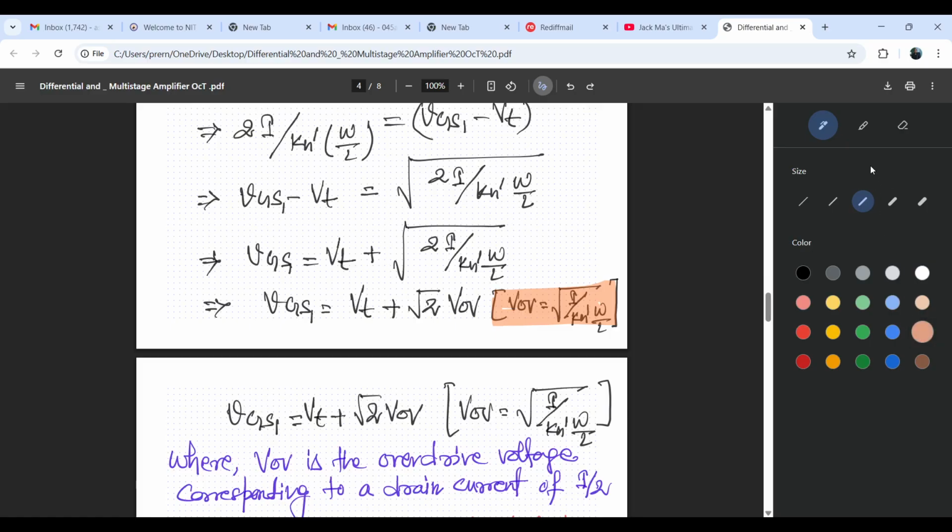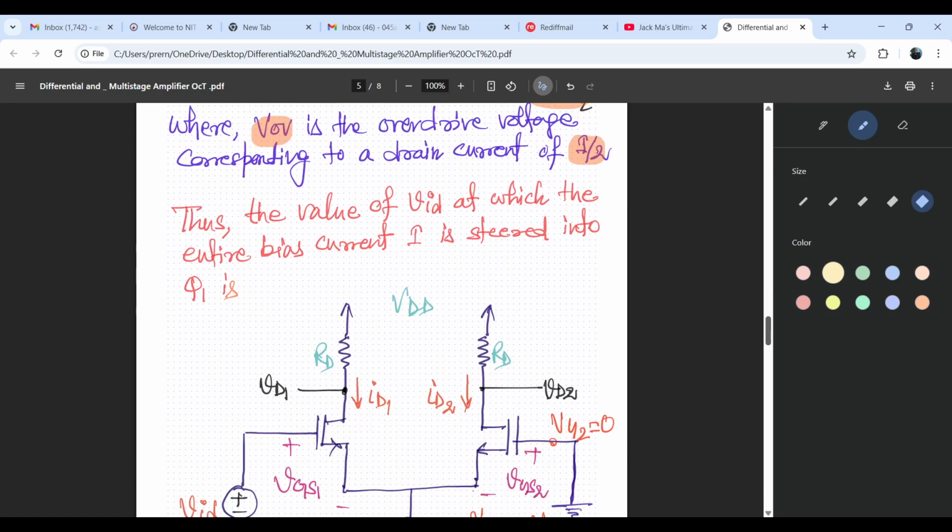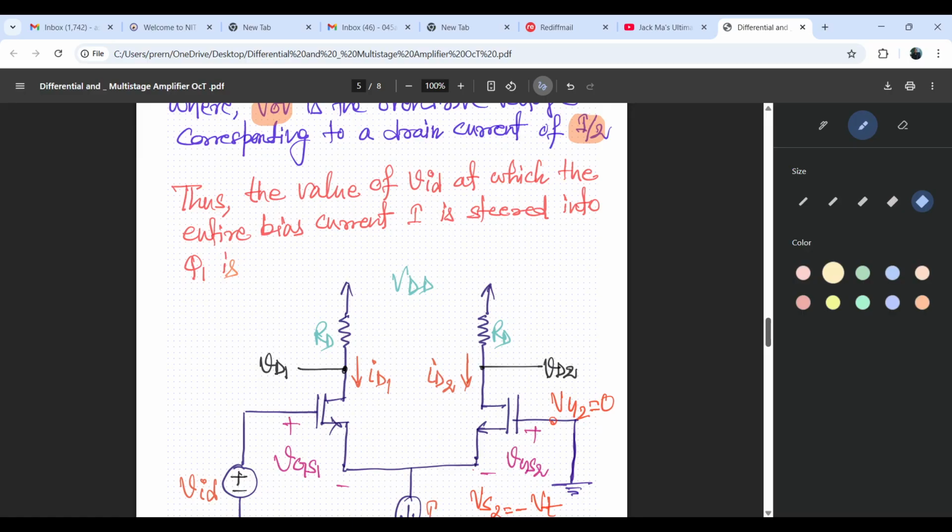It is important to note that for the I by 2 current, the overdrive voltage will be this. So this will be the expression for gate to source voltage: Vt plus root 2 VOV. Now, thus, the value of VID at which the entire bias current I is steered into